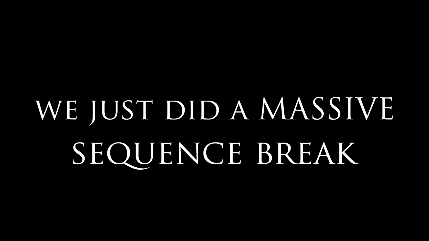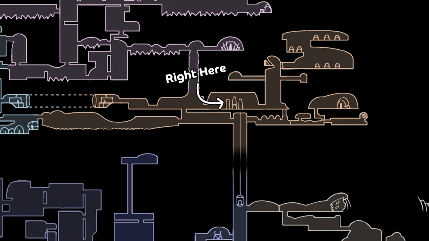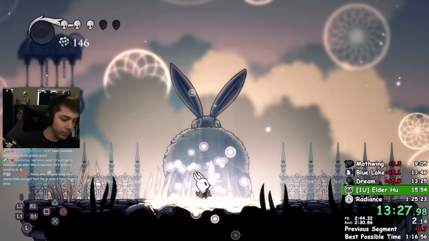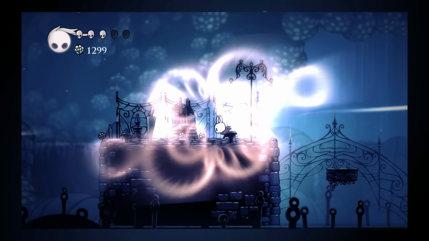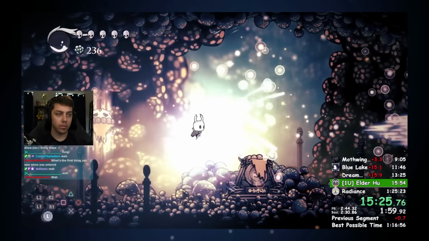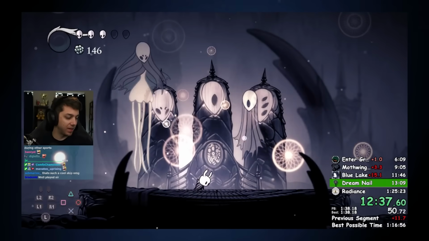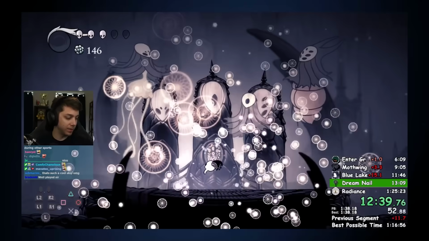There it is. Now, we just did a massive sequence break that saves around 5 minutes and lets us get to the next required item, the Dream Nail. The Dream Nail does a few things. It can let you get soul from enemies without hurting them, it lets you fight dream bosses to get essence, which we'll need later, and most importantly, it lets us collect the 3 Dreamers, which are required to unlock the